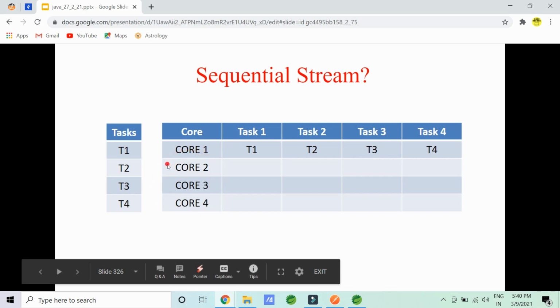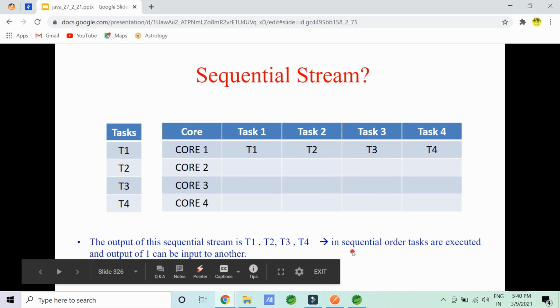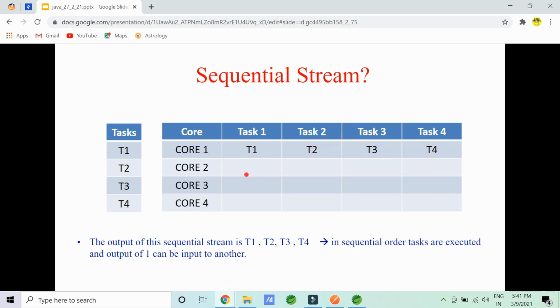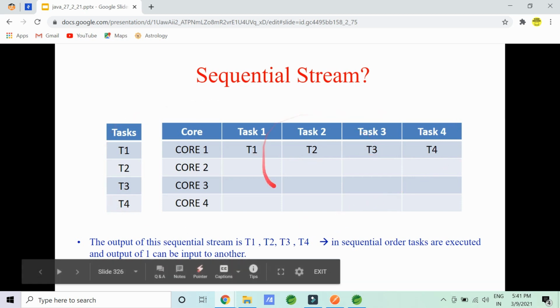It just makes sure that whatever you are executing, the execution sequence is maintained. First task T1, then T2, then T3, T4. So task T2 can depend on T1, T3 can depend on T2, T4 can depend on T3. They don't have to be independent tasks. Even the output of one can become the input of another because it is sequential. Anything can happen; it won't hamper your execution. But in terms of memory utilization, performance and time consumption, it is bad, because first T1, then T2, and multitasking is not done.